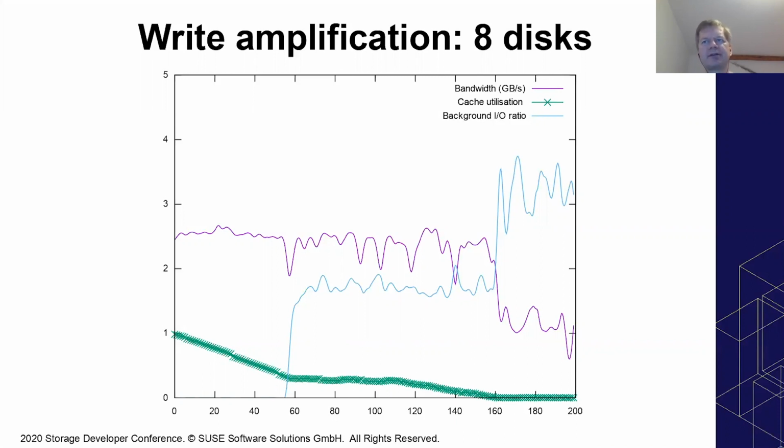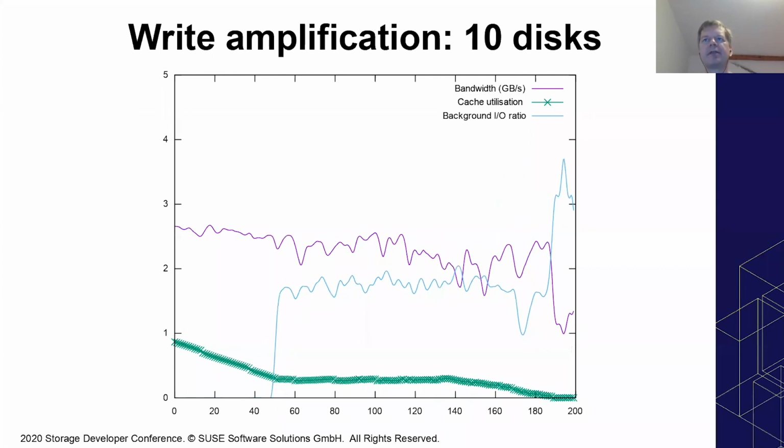And once the zones are used up and we run out of free zones, the write amplification goes up clearly because the reclaim has to work more aggressively, which is what we see here. But still, the amplification stays at around factor 3, so it's not getting higher than that, which also is a nice result. And then with 10 disks, we have the very same behavior here, that the write amplification